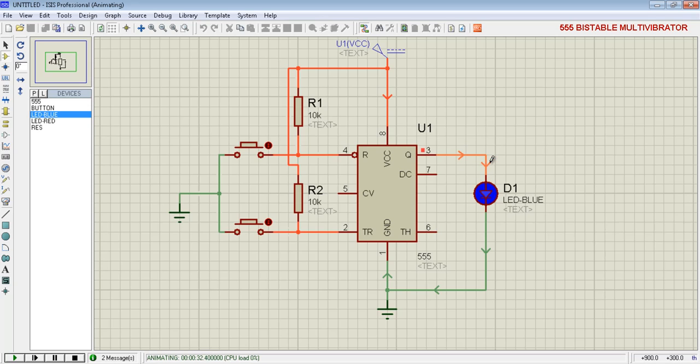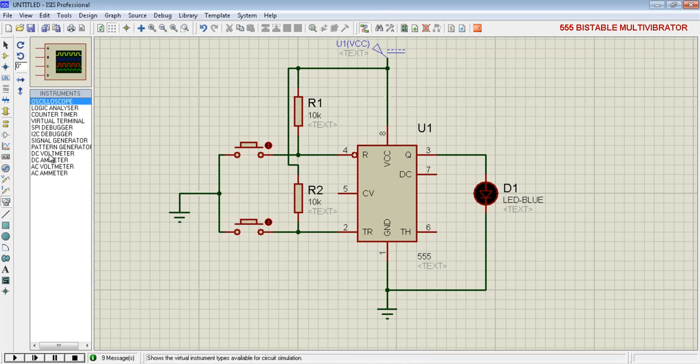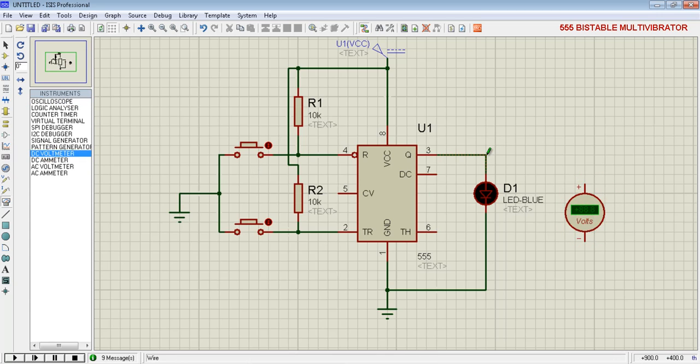Now let us check the voltage across this LED and current in this path via DC ammeter and DC voltmeter. So I take DC voltmeter.